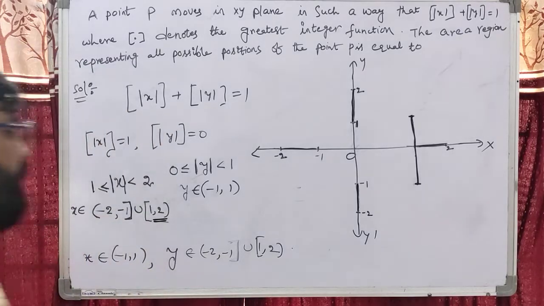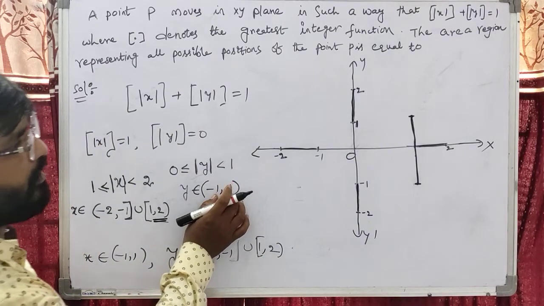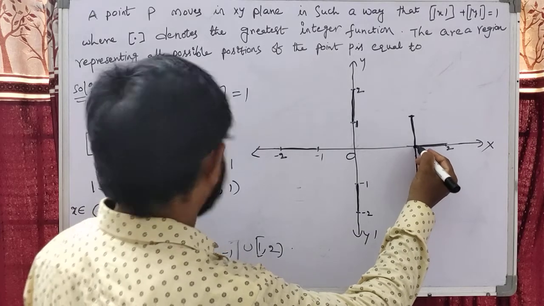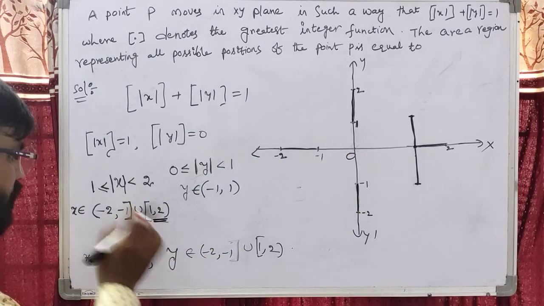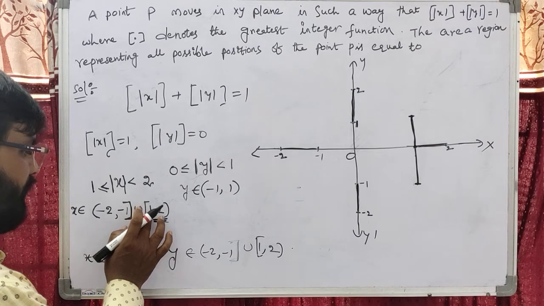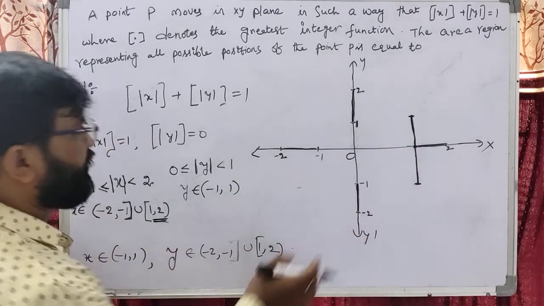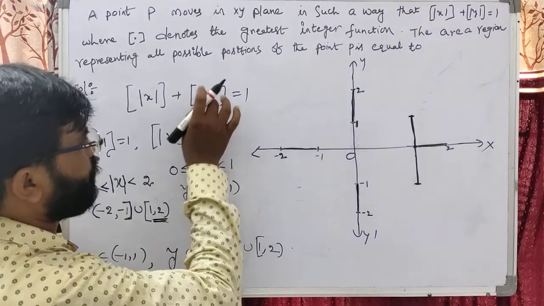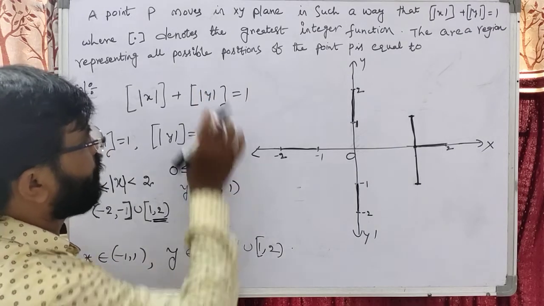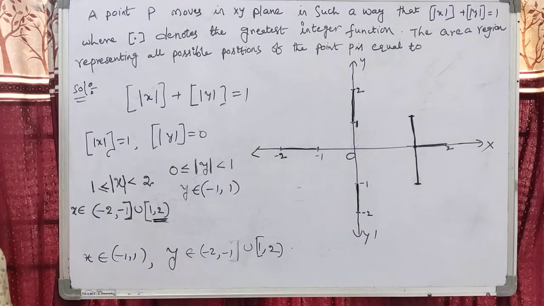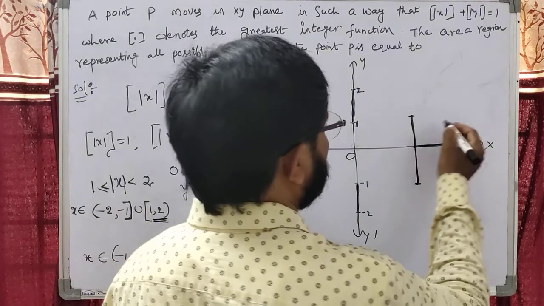So we have to take any value between... dear students, is it clear or not? When we are taking here, x will be... we are taking 1, undoubtedly we are taking any value between minus 1 to 1, and it satisfies this condition. That is my observation. Do you understand? Similarly, dear students, here you can write all this.